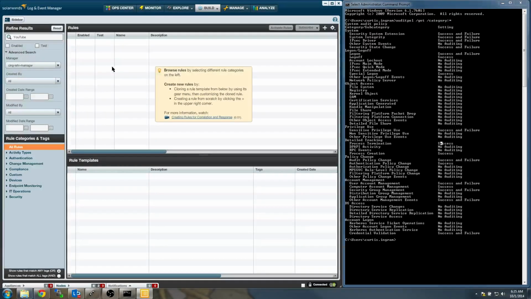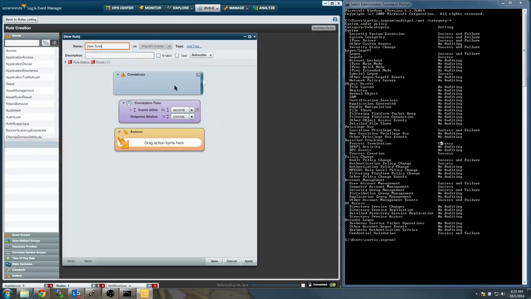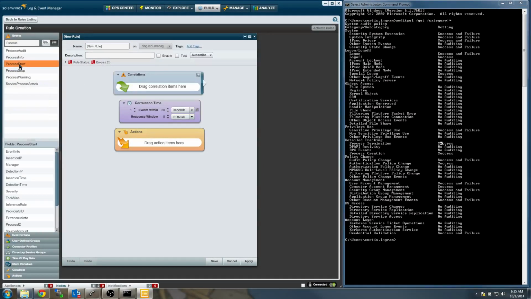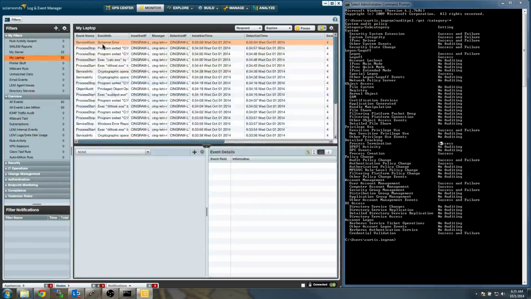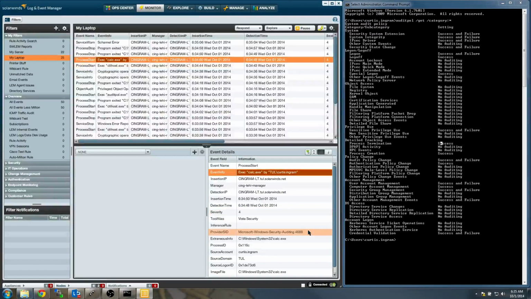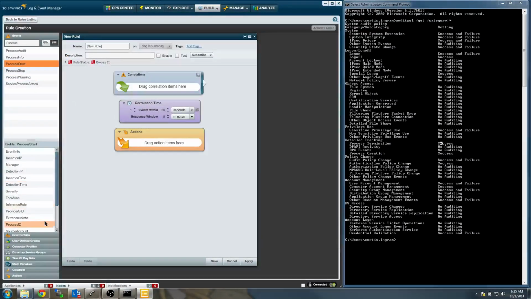Now, in order to build that, I'm going to come up here and say new rule. And we're going to do a process start. And in order to get the best correlation, I'm going to come back to my example event. And I see that my image file has calc.exe in it. So if I go to build and rules, process start, image file,